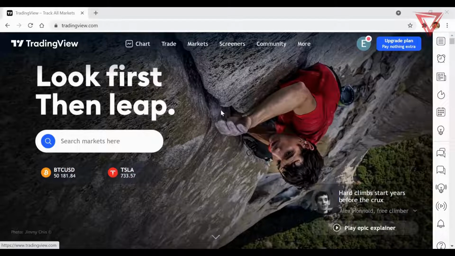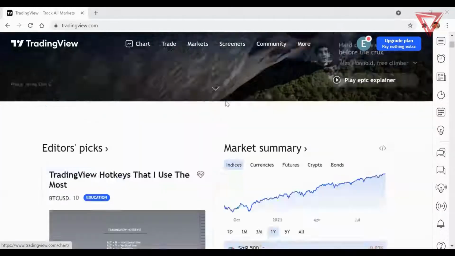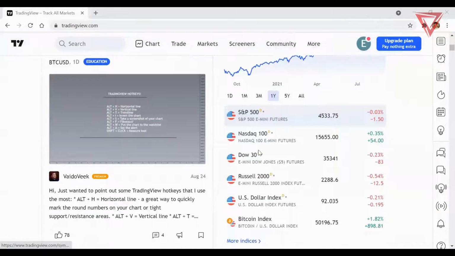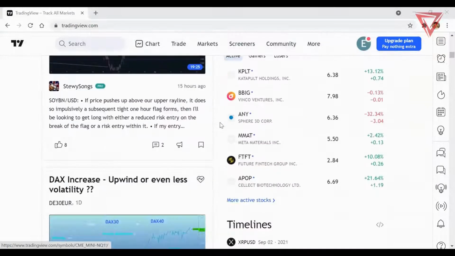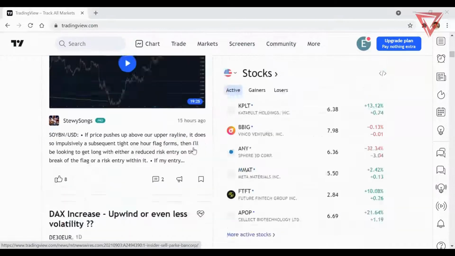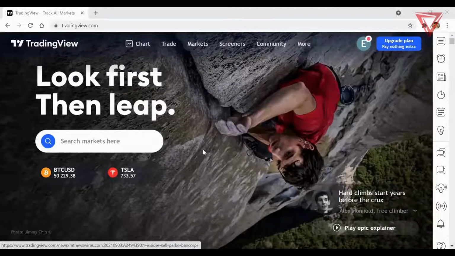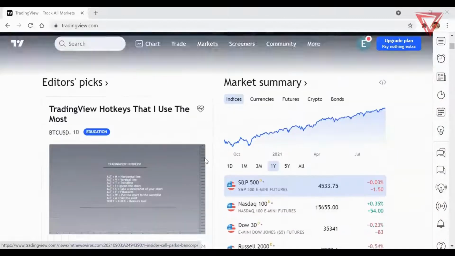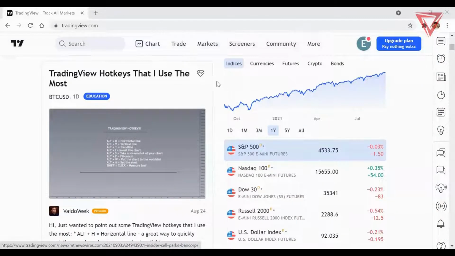Now, let's actually discuss what TradingView is. As I said, TradingView is a platform. It's a website and a platform in which you could literally analyze data and analyze different markets. It's not only limited to Forex, by the way. There are so many different things. Now, don't get too caught up with all of this. This is literally just like the homepage. So it might seem quite, for want of a better word, eccentric, or it might seem quite complicated,